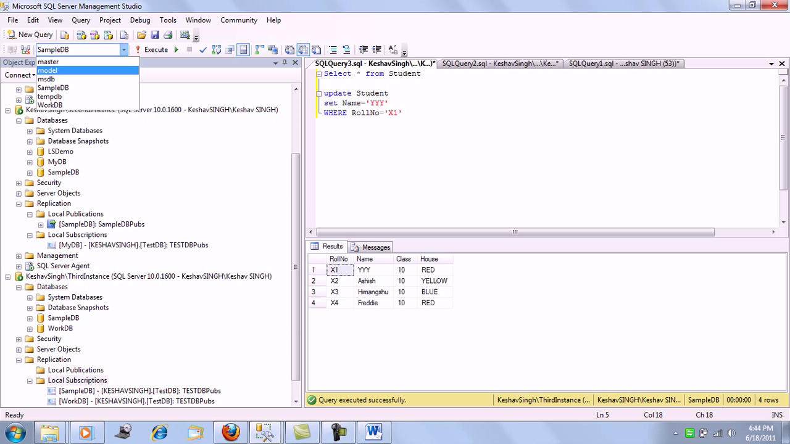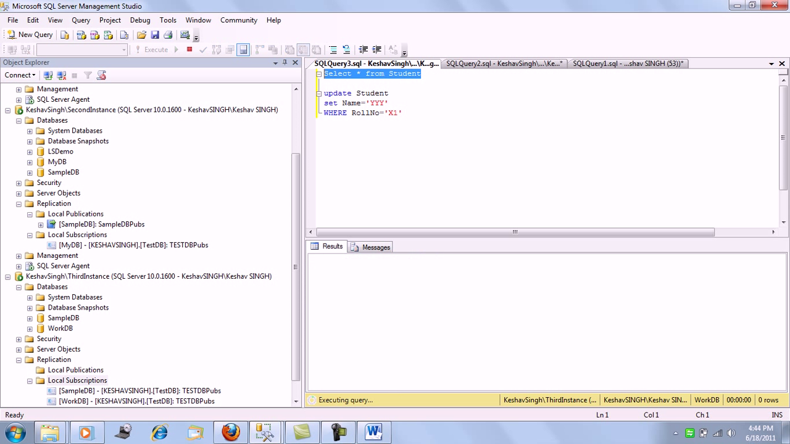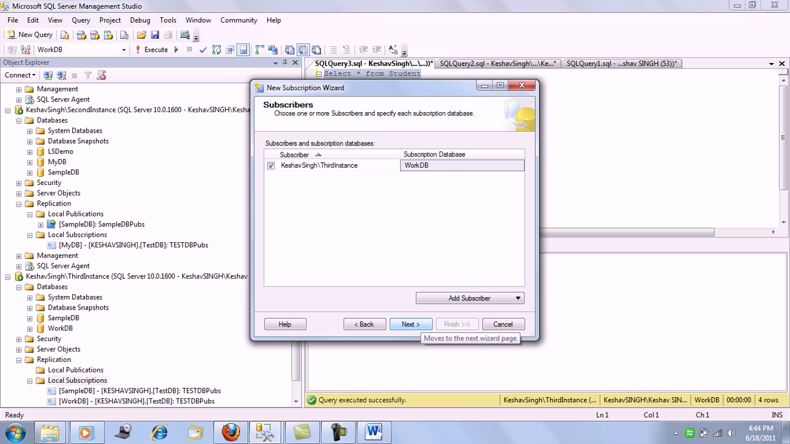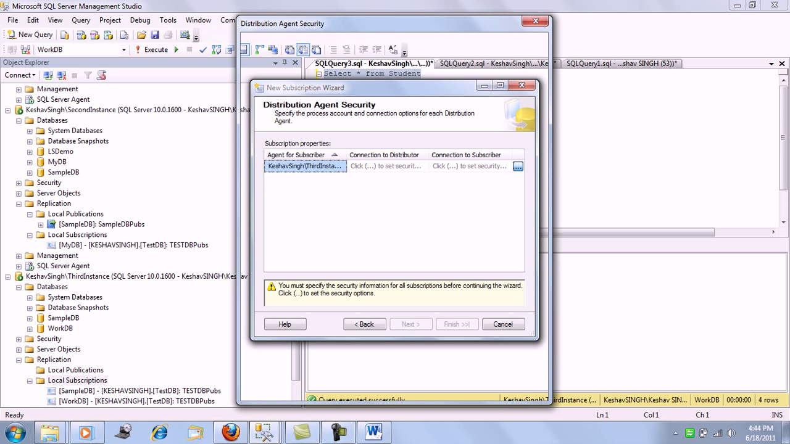Okay, we'll just check on the work database about the students. So we'll actually see all the class 10 records are available. Now if we move ahead for the second instance,